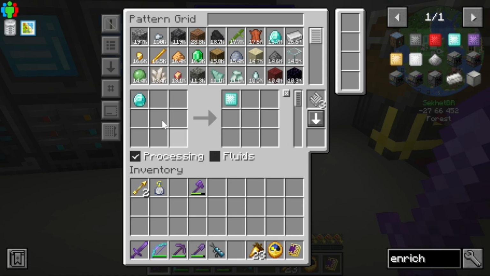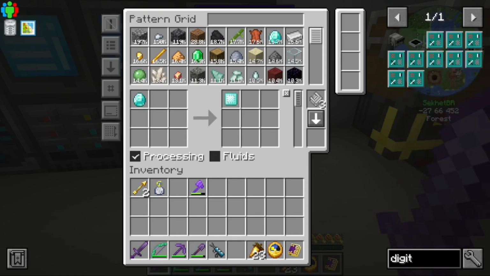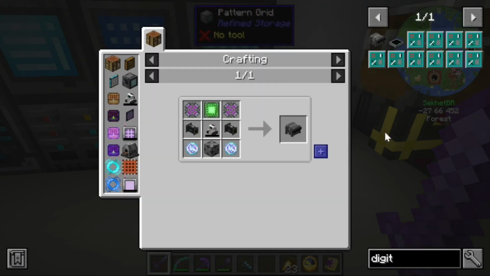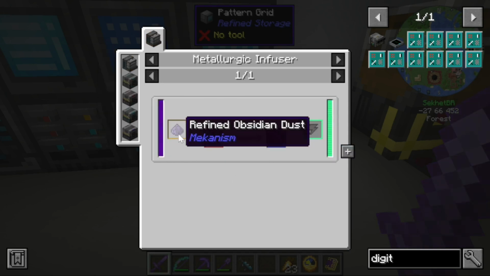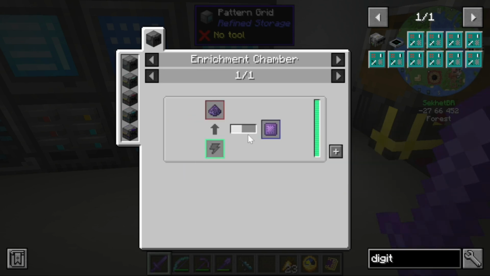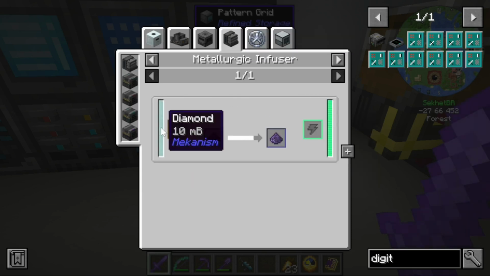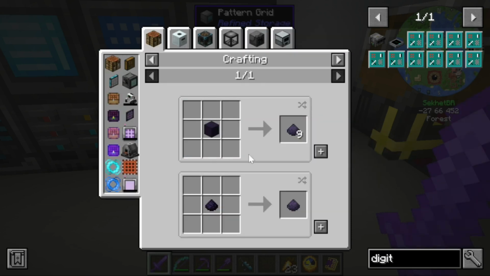What I want to work towards, and the reason we're setting all this up, is a digital miner. These are quite the machines, and we'll need atomic alloys to make them. We'll need refined obsidian or enriched obsidian to make that. We could make enriched obsidian if we had refined obsidian ingots, or let's see, metallurgic infuser, diamond and obsidian dust